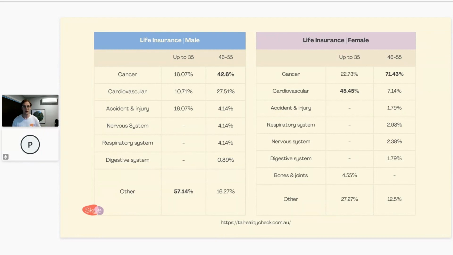Up to age 35, it really is a bit of a mix. So we're looking at 16% being cancer, 10% being cardiovascular, and 16% being accidents. We don't have the remainders. They're a lot lower, but